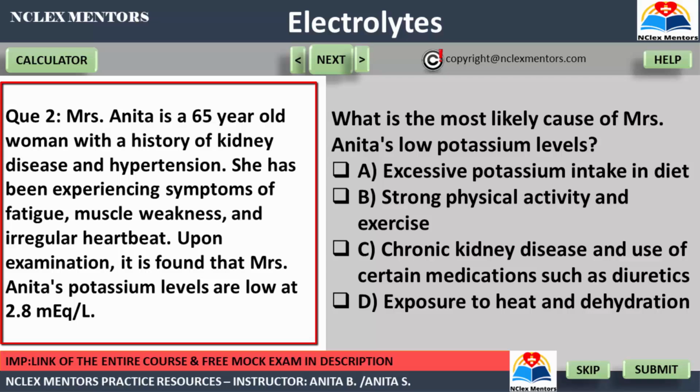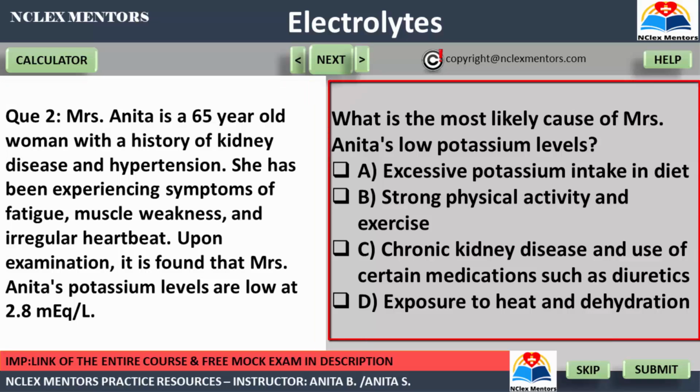She has been experiencing symptoms of fatigue, muscle weakness, and irregular heartbeat. Upon examination, it is found that Mrs. Anita's potassium levels are low at 2.8 milliequivalent per liter. What is the most likely cause of Mrs. Anita's low potassium levels? The options given to you for this question on the screen are Option A, excessive potassium